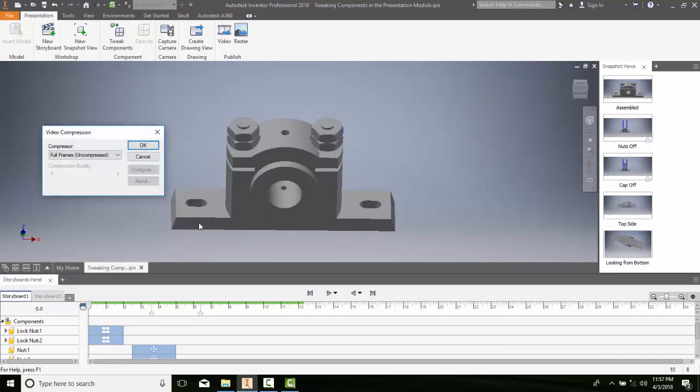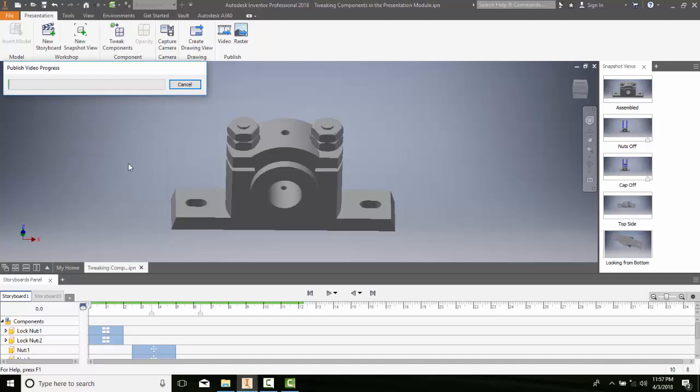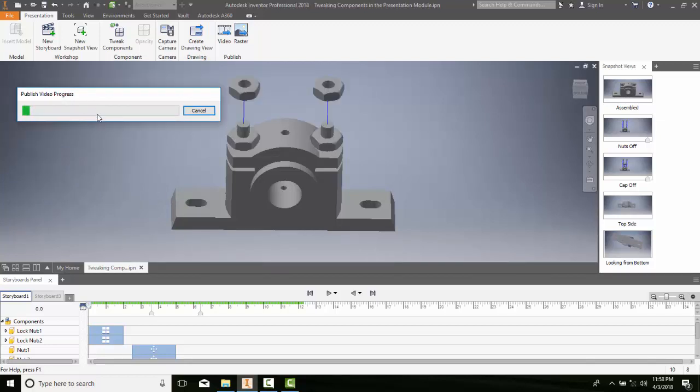It's going to then ask for video compression, and I have a couple of choices. I can choose different compressions here. I'll just say I want it uncompressed, and I'll say OK. And it'll take a while. So you can see up here, I'm actually going through and I'm publishing this,